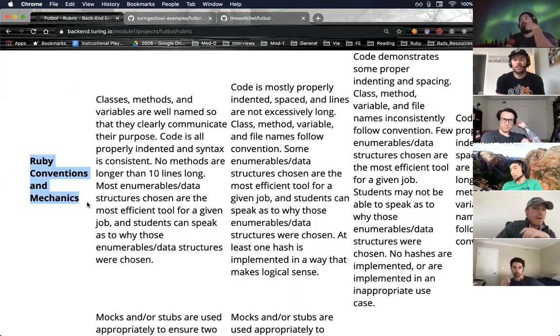As far as Battleship versus this project, remember that part of your promotion requirements is you have to pass either the paired project or the group project. So if you didn't pass Battleship, you need to pass this project to promote. If you did pass Battleship, you do not need to pass this project in order to promote.